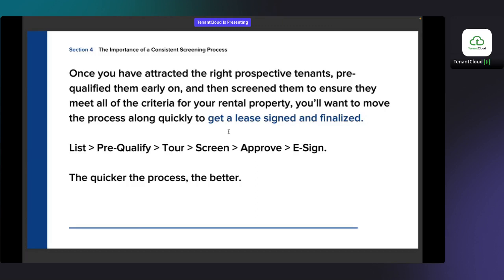not qualify somebody, you don't communicate with them properly, you don't tell them, hey, I've approved your application. We've got you set up for this move-in date. I'm going to send you the lease. We need it signed in the next 24 hours. Otherwise, we're not going to delist the rental. We're going to continue taking applications, because what you'll find is that, like